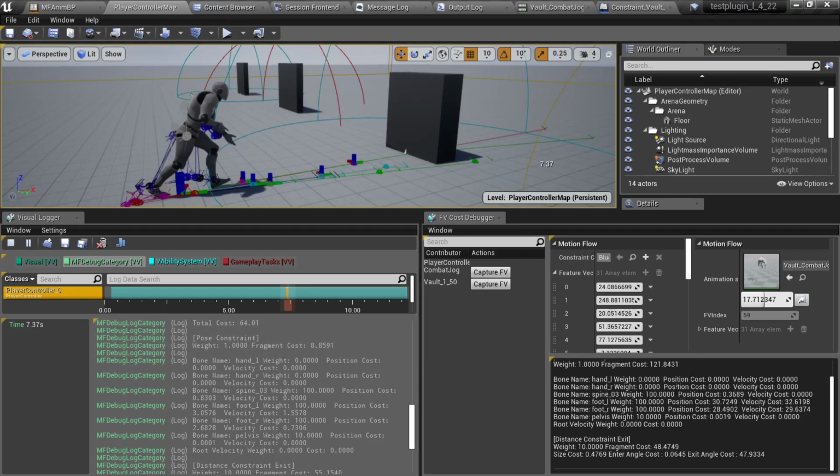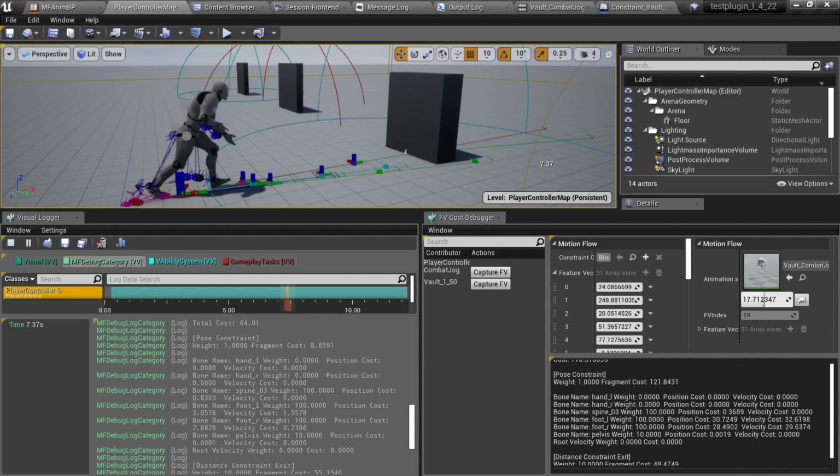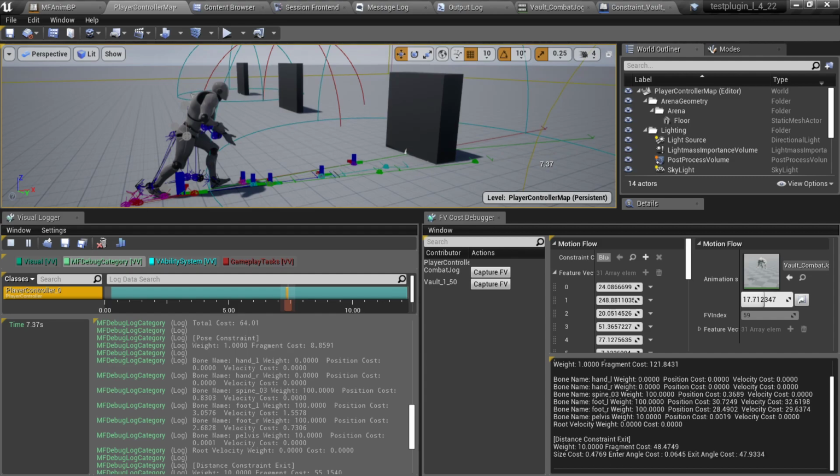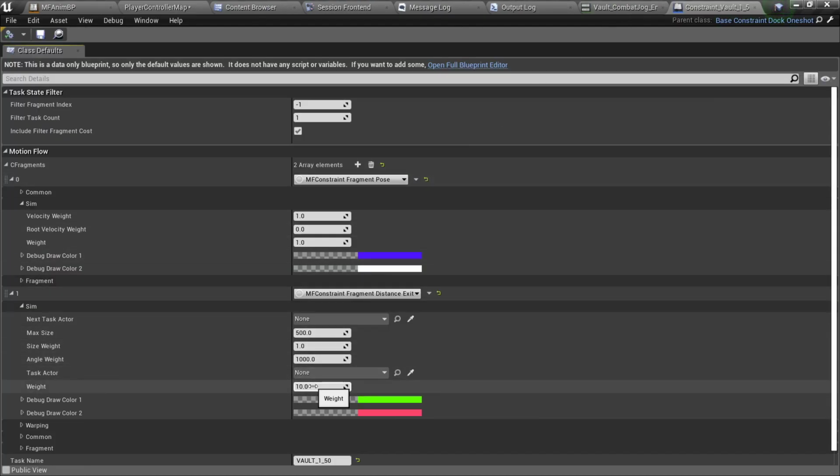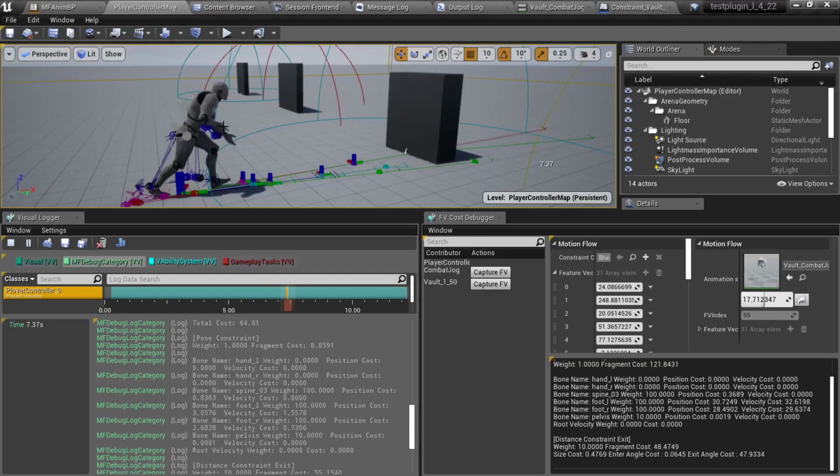So let's say you wanted to pick this fragment that we have, or this point in the animation, instead of the one that was picked. Here we see that the distance was costed better, but the pose was costed worse. So in order to favor the distance, we are going to reduce the pose weight or increase the distance weight in the constraint. So what you would want to do is increase this to maybe 100, and reduce this to 0.1. You can try that to force the system to use this animation instead of the one that was used over here,